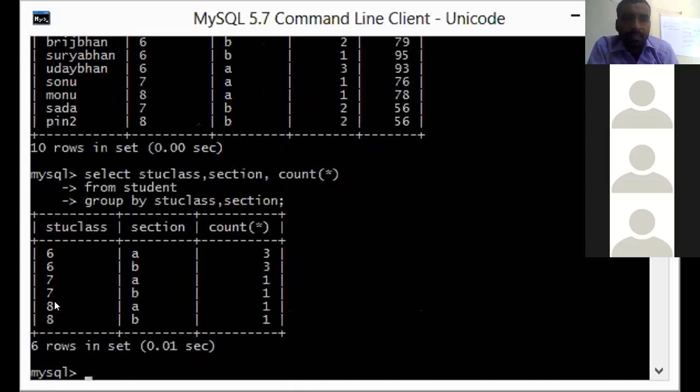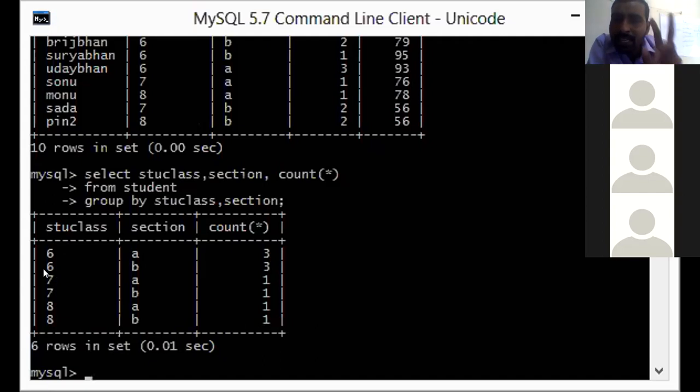So here we can see, according to the given condition, grouping has been done. That is, we have the 6th class and we have 2 sections also. So first class wise grouping done, and in that class wise also section wise has been done. So class wise, group of 6 has been created. Now in 6, 2 groups are there, A and B. So 6A and then 6B.